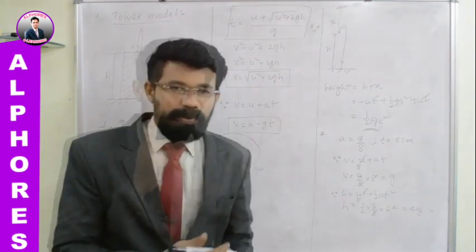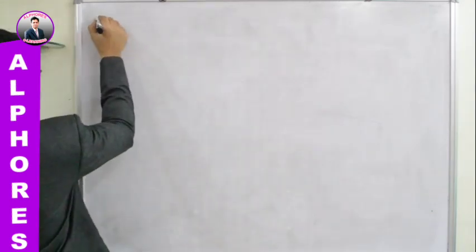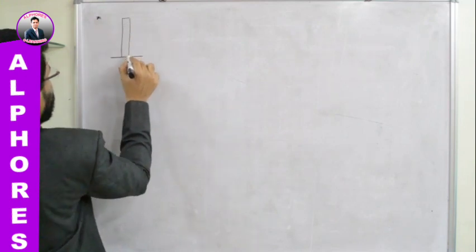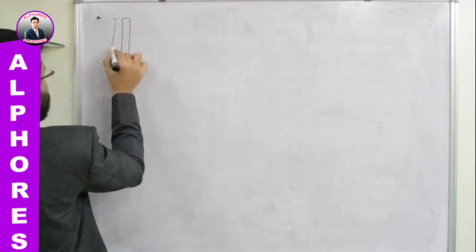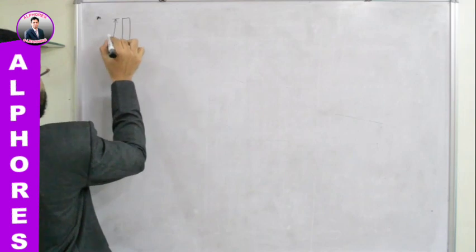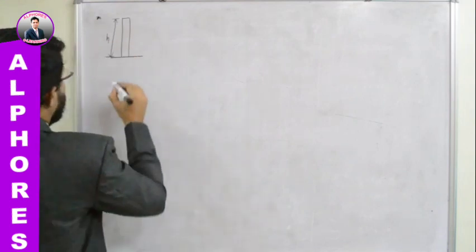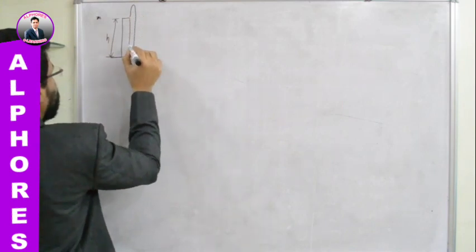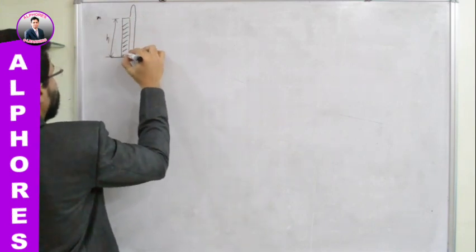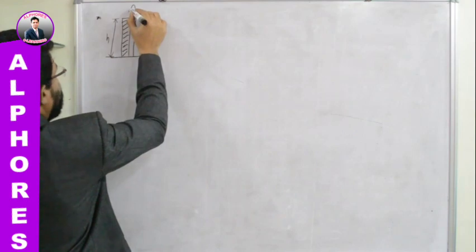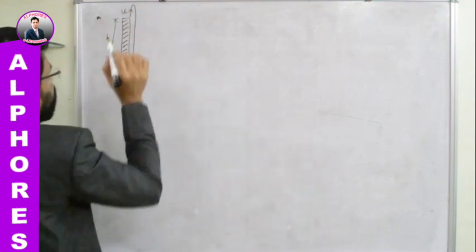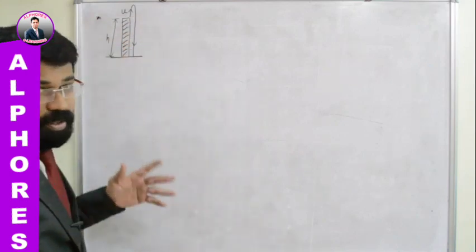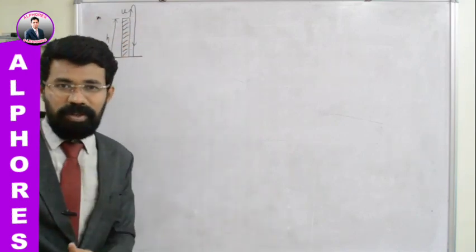Here I am going to consider a tower. One tower is taken like this. Let us say its height is h. Height of the tower is equal to h. From here a body is projected like this in the upward direction, and eventually it reaches the surface like this. This is where it is striking. Let us say it is projected in the upward direction with a velocity equal to u. This is how it has traveled. It exactly resembles the tower model we have discussed now.